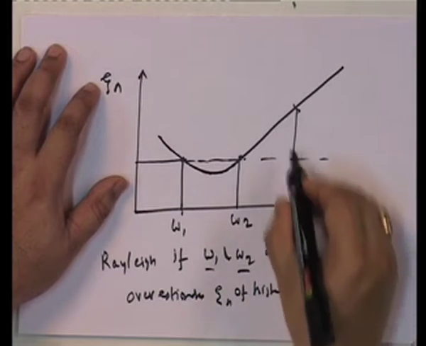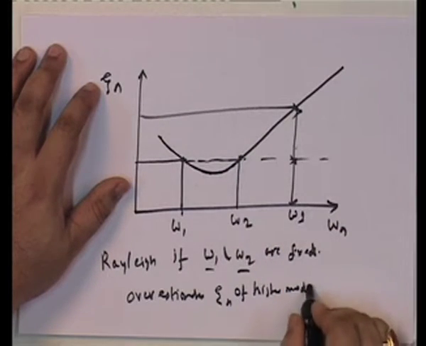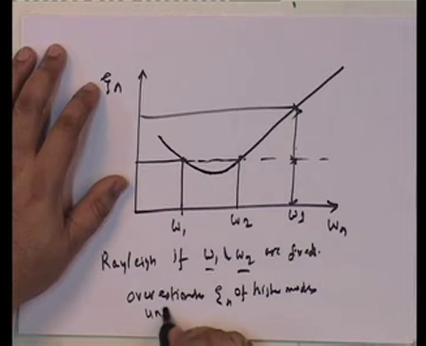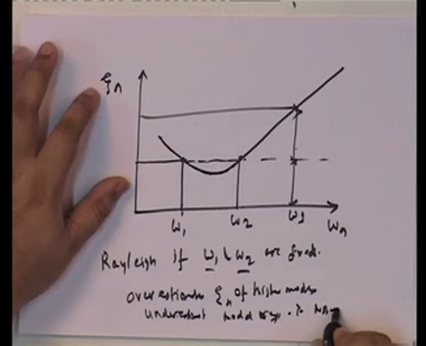So, this is like omega 3, it overestimates, right. This is supposed to be the value, this higher modes, underestimates modal response